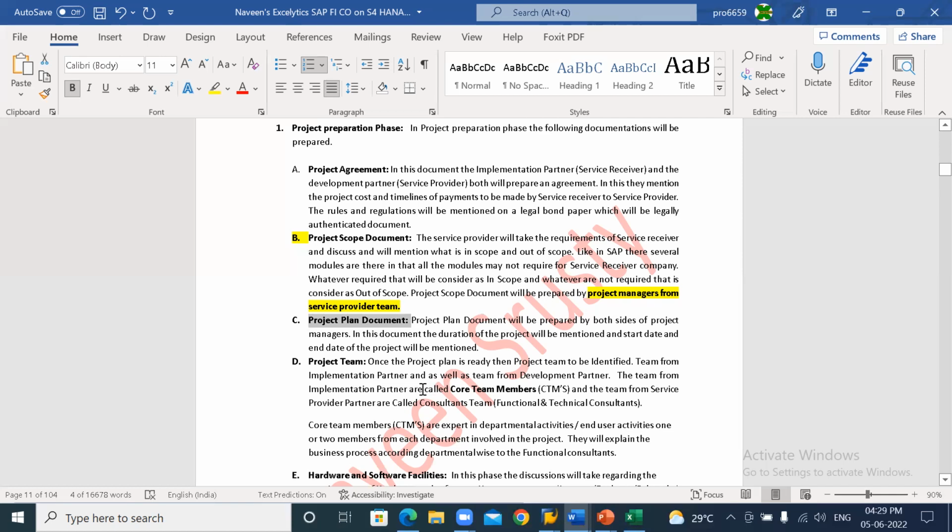Clear? And at the same time, the development partner for consultants. In Infosys, there would be thousands of FI consultants, FI consultants and CO consultants. All 1,000 will not be involved. 5, 6, 7, 8, as per the requirement, they will be involved. So partners as well as the development partner, from both sides. The team from implementation partner,